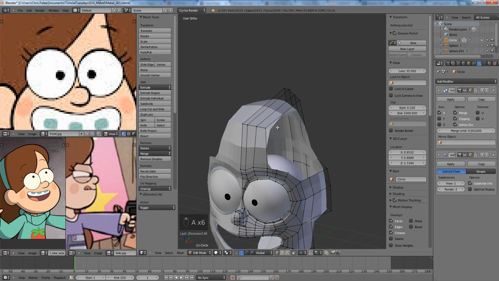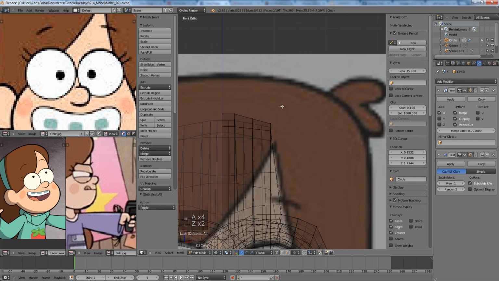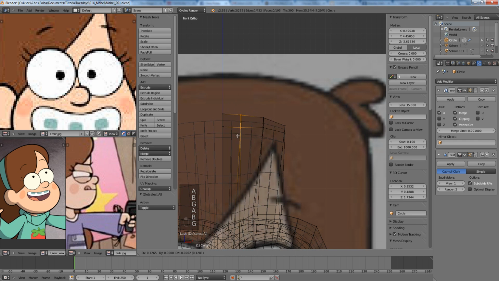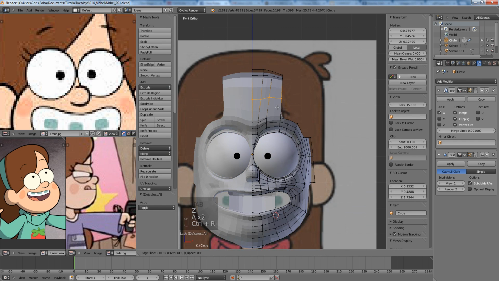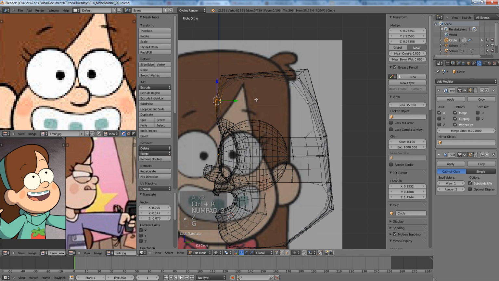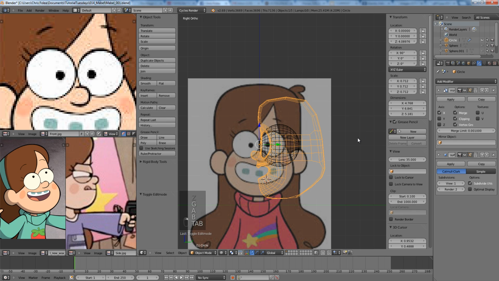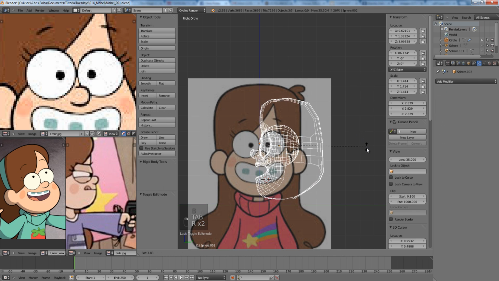And the top of the head isn't going to matter a whole lot just because it's going to be covered by hair, which I still haven't figured out how we're going to approach that one. That's going to be a toughie. But she definitely needs a forehead, and overall I think the entire thing can be